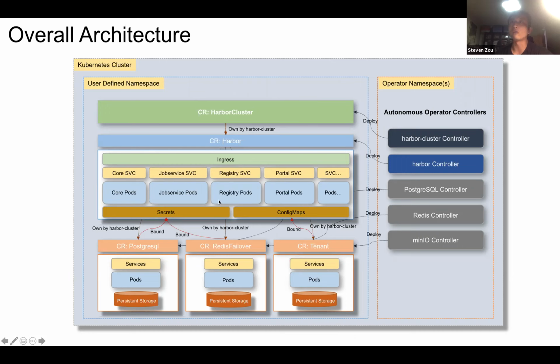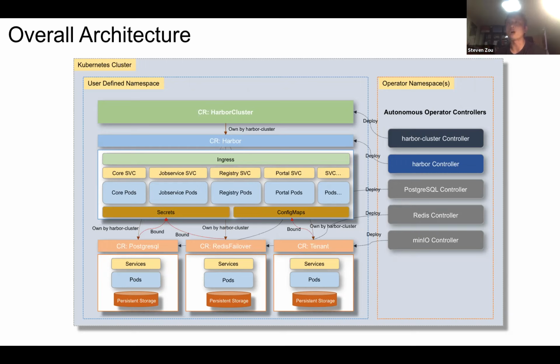From this diagram, we can see the overall structure of the cluster operator. At the top level, there is a Harbor cluster custom resource. It will be covered by the Harbor cluster controller, and it will manage all of the services